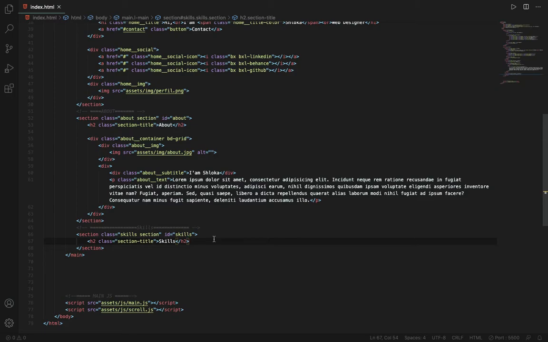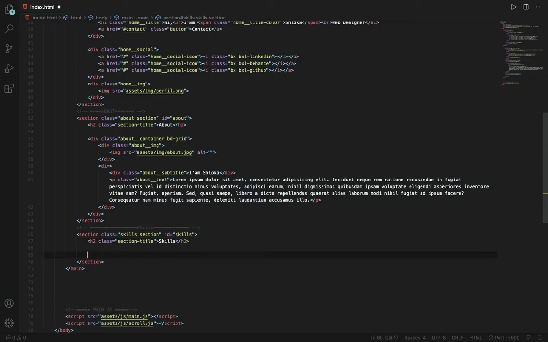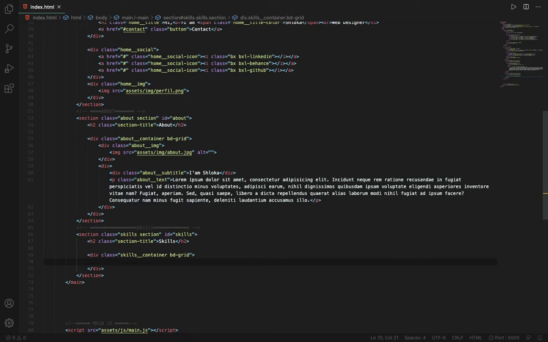so inside skills, after this, I will make a div with a class of skills subtitles. Or let me change it to container. Yes, and I will give another class of bt grid,